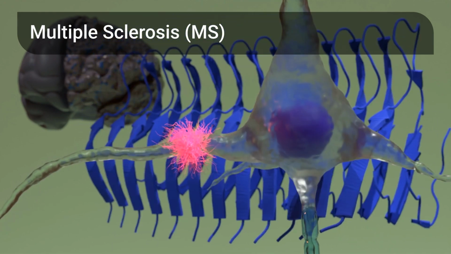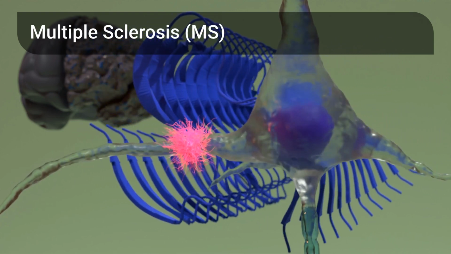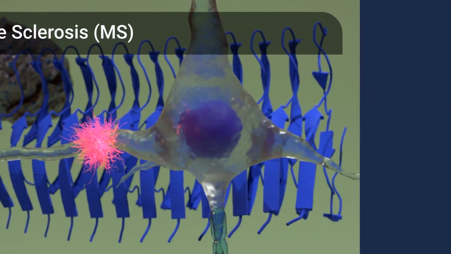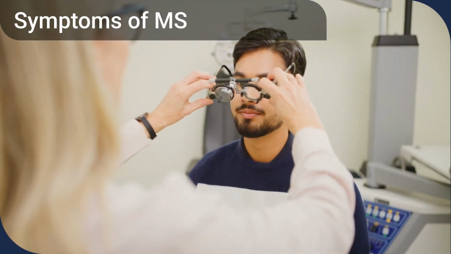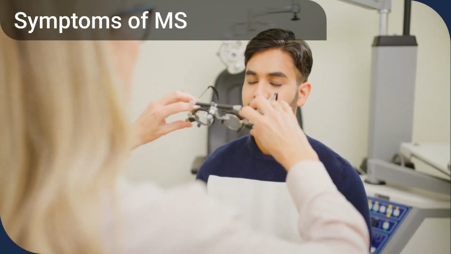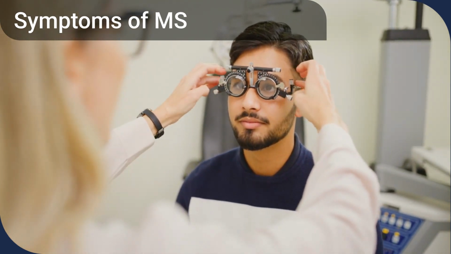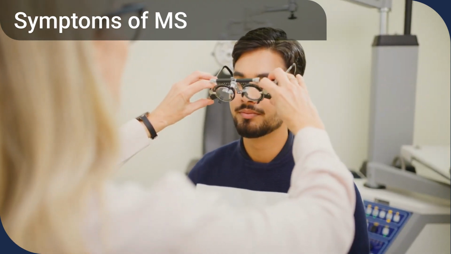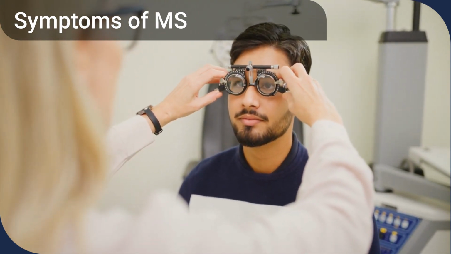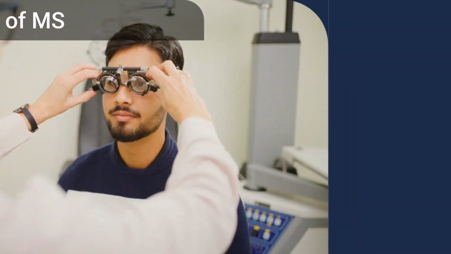It's one of the most common autoimmune neurological disorders you'll encounter, and early recognition is key to preventing disability. MS presents with a wide range of symptoms, often fluctuating and unpredictable. These can include visual disturbances like optic neuritis, numbness or tingling, muscle weakness, fatigue, balance problems, and cognitive difficulties. The insidious onset can make diagnoses challenging.